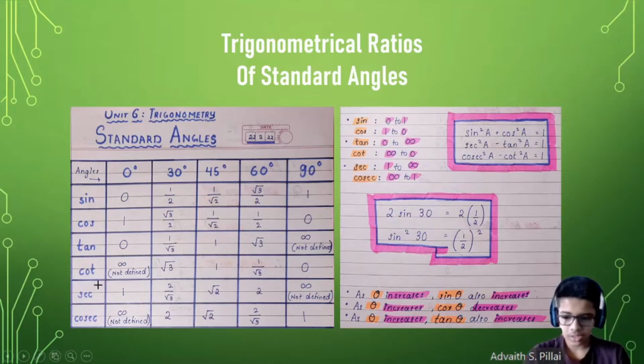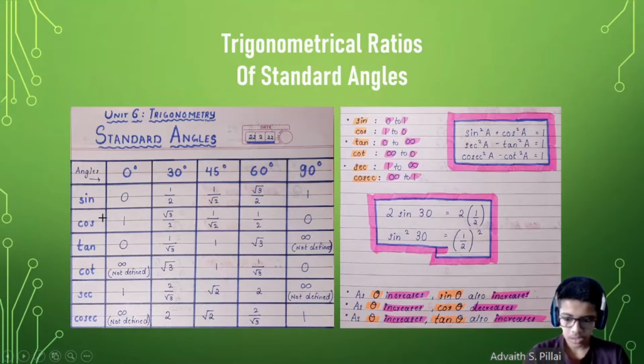Now let's look at the fifth one, sec. Sec 0 is 1, sec 30 is 2 by root 3, sec 45 is root 2, sec 60 is 2, and sec 90 is infinite or not defined. Sec is the reciprocal, the inverse of cos, as we know, because cos theta is equal to 1 by sec theta. As cos 0 is 1, sec 0 will be 1 by cos, which is 1 by 1,